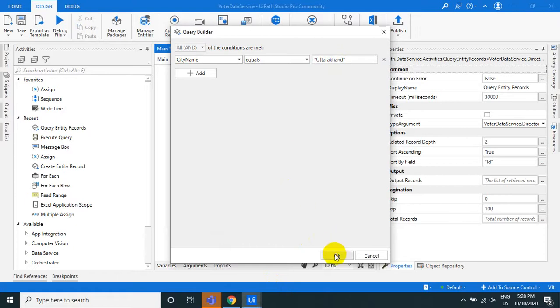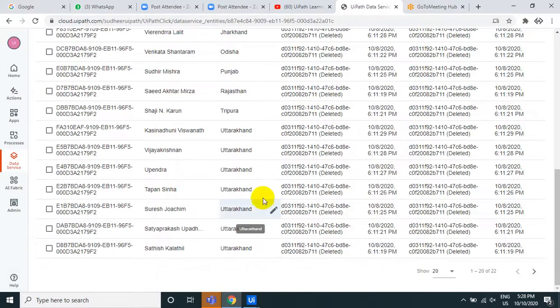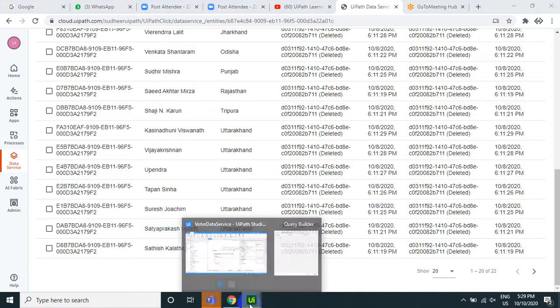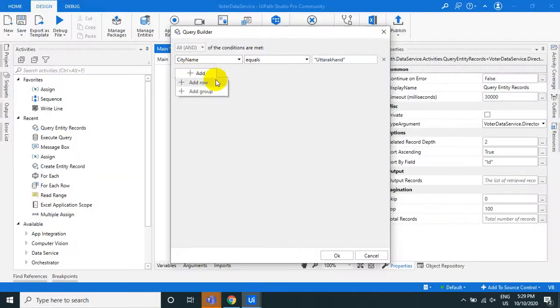Also, if you want more, like Uttarakhand and starts with S, so the director name starts with S and the city name is Uttarakhand. Let us try that one. Add a group, add a row. This is AND or OR, you can decide.